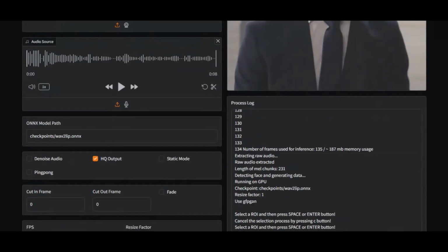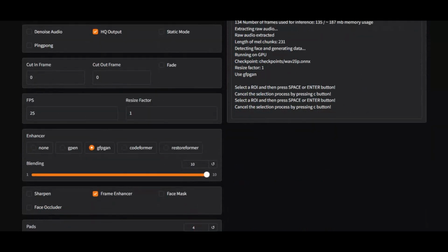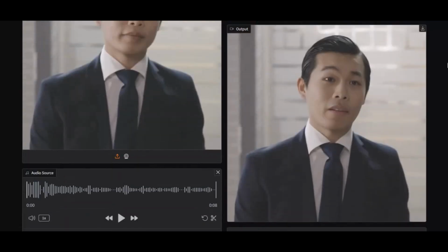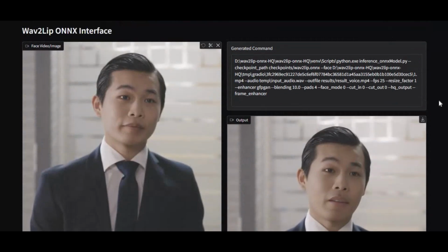Now let's take a look at the interface and go through the important options, so you can understand how everything works. This is a modified version of Wav2Lip, with additional features such as face enhancers, occlusion handling, and frame enhancement to improve the final output. And one of the best things about this version is that it doesn't require a huge amount of VRAM. It can even run on a relatively simple CPU-based system, and the whole setup can be used in a portable